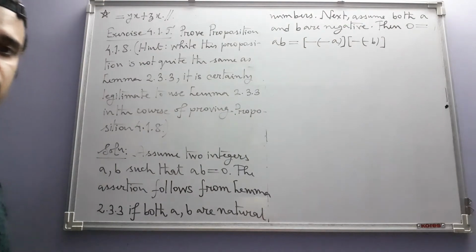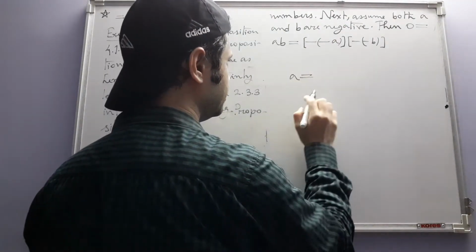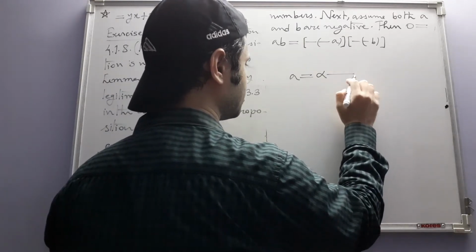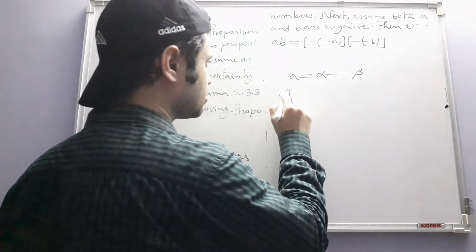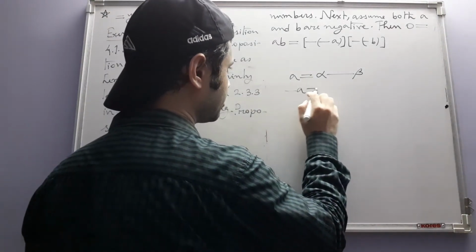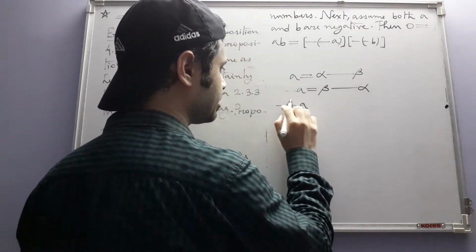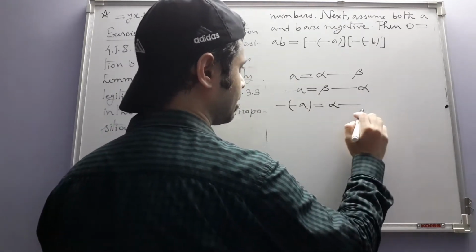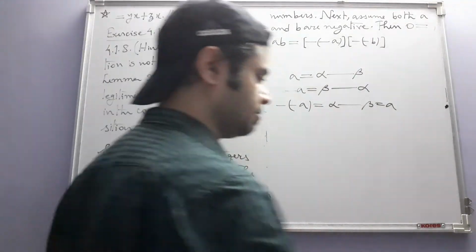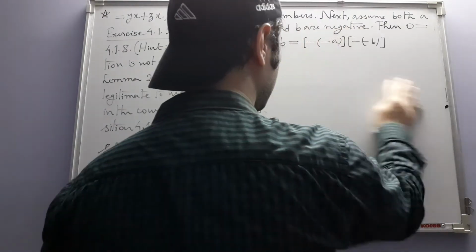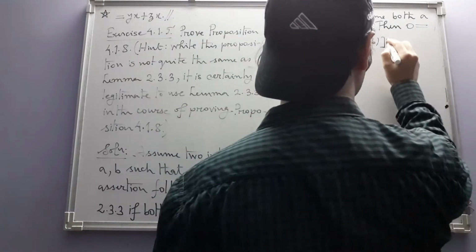Am I justified in writing that? You see, a is an integer, so it will be some alpha dash beta, right? So if I take a negation, I will have beta dash alpha. If I take again another negation, I will have alpha dash beta back. So yes, that is true actually. According to our definitions of integers and that of negation, I can write it like this.